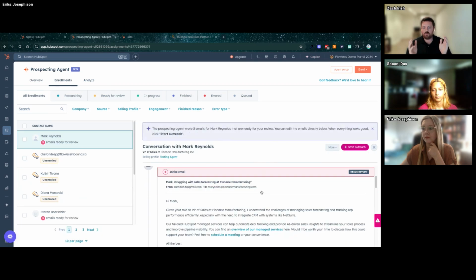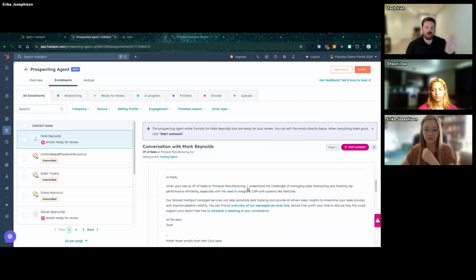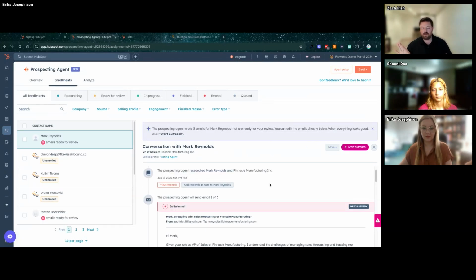So take your group, say we're targeting 1,000 people, put half of them in a sequence, put half of them into the prospecting agent. The sequence has your copy using personalization tokens, but the emails are relatively templated. You can customize them a little bit, but you'd want them to be as quick as possible. The prospecting agent is writing a brand new email for each individual person, so it's more personalized. In theory, it should have better opens or clicks, maybe a more targeted